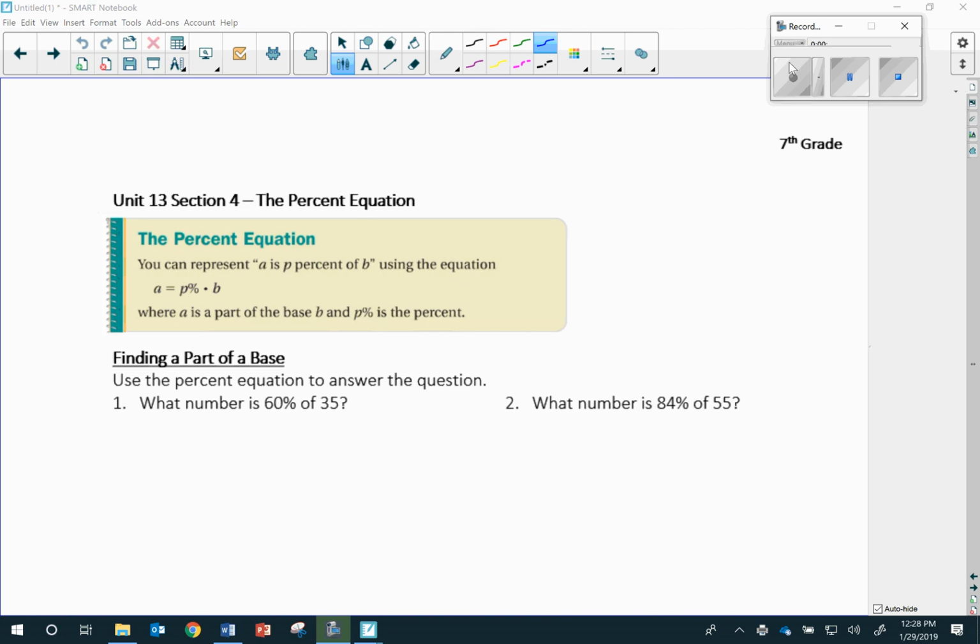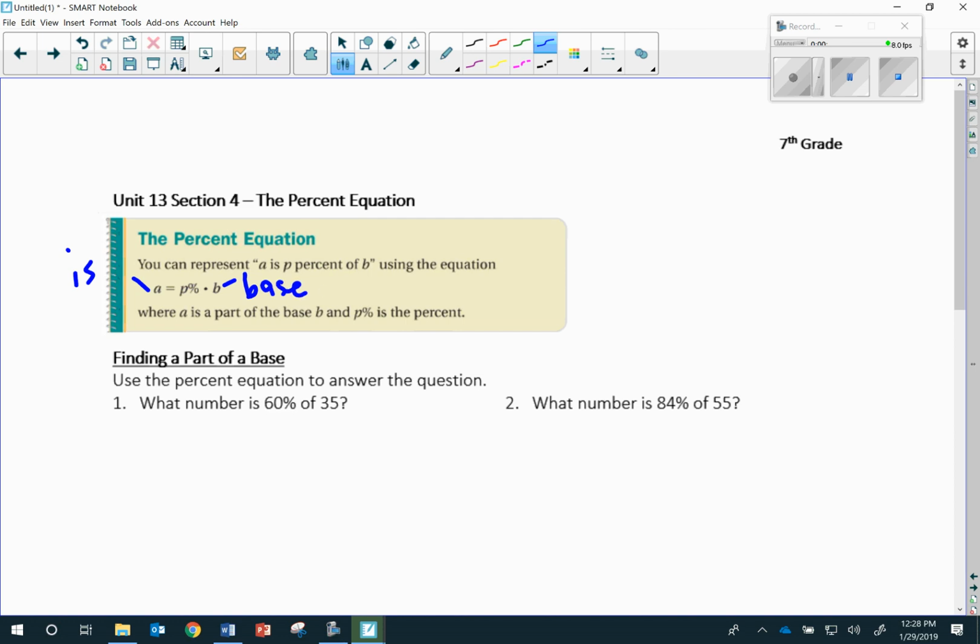All right, we're going to start Unit 13, Section 4, and in this section, we're going to be talking about the percent equation. So if you look here, this is from your textbook. It says you can represent A as P percent of B using the equation A equals P percent times B, where A is your is,